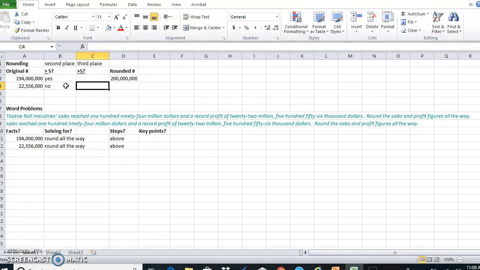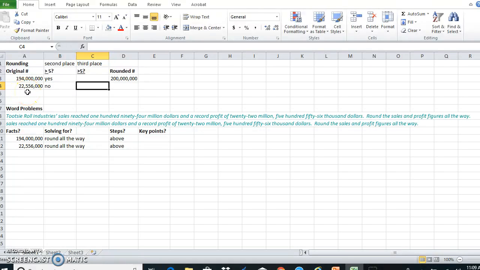So based on what we are trying to do here, it's a little bit different. And if I were to get this problem from you, I would accept it either way, just because the instructions say to round it all the way, but the example in the lecture does not have us rounding it all the way. If we're rounding all the way, we're also going the next step and looking at the